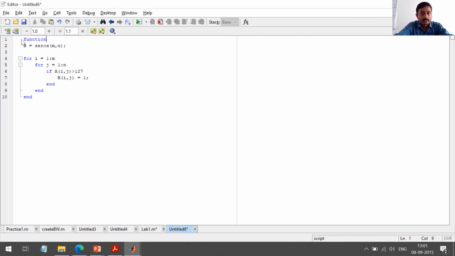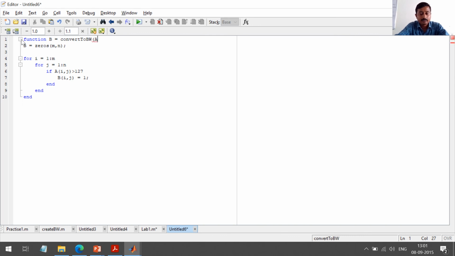A function will start with the keyword function, then you write the return variable name, then you mention the function name, convert to black and white. This is a user defined name.